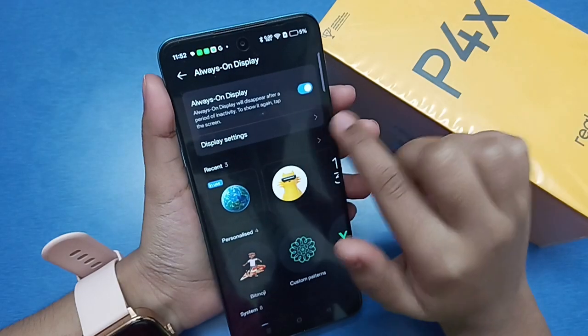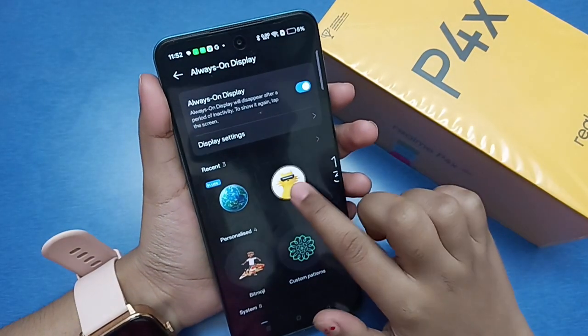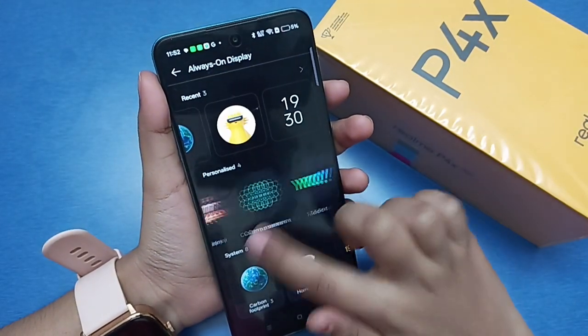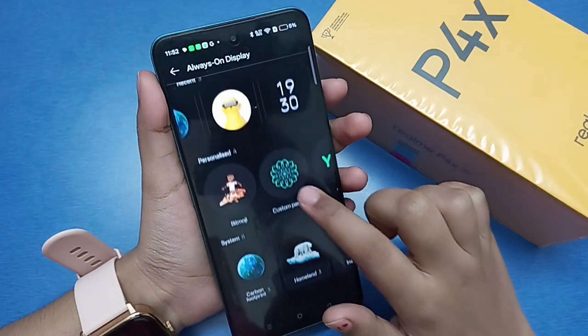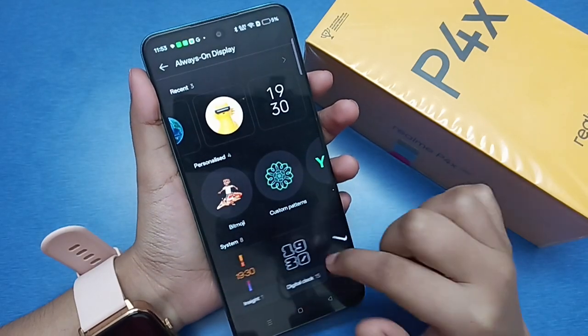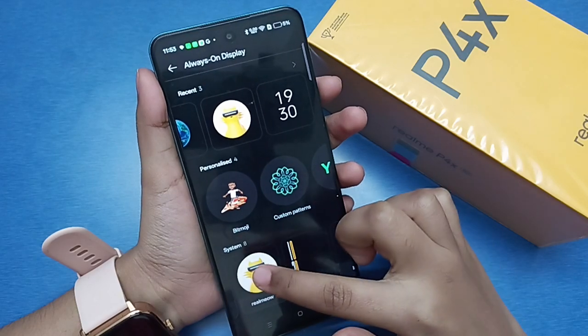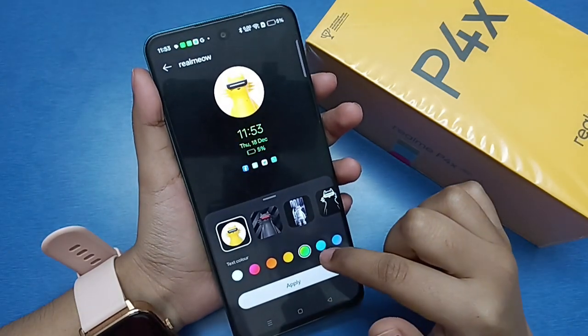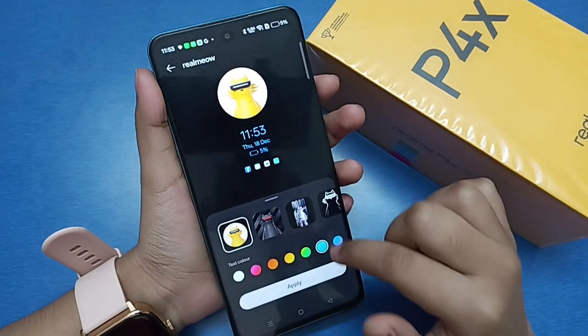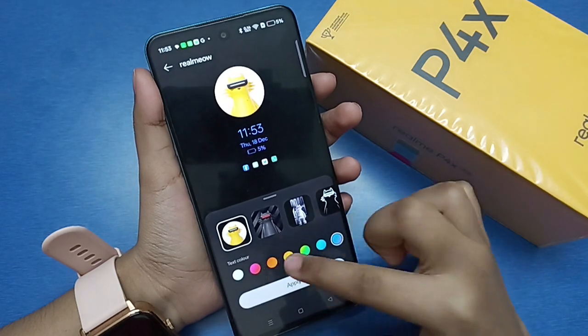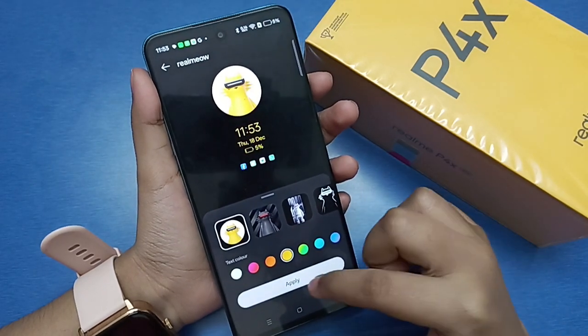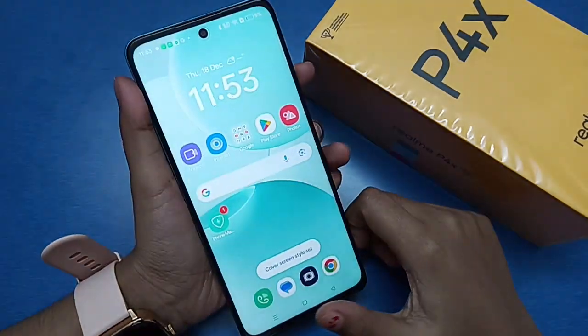Here it just needs to be blue in color, and from here you can even select the wallpaper. If you set the always on display, you can personalize it from here. Suppose I want to set this one, and you can even apply a color to your timing. Suppose I set it to yellowish, then click on apply, and now our